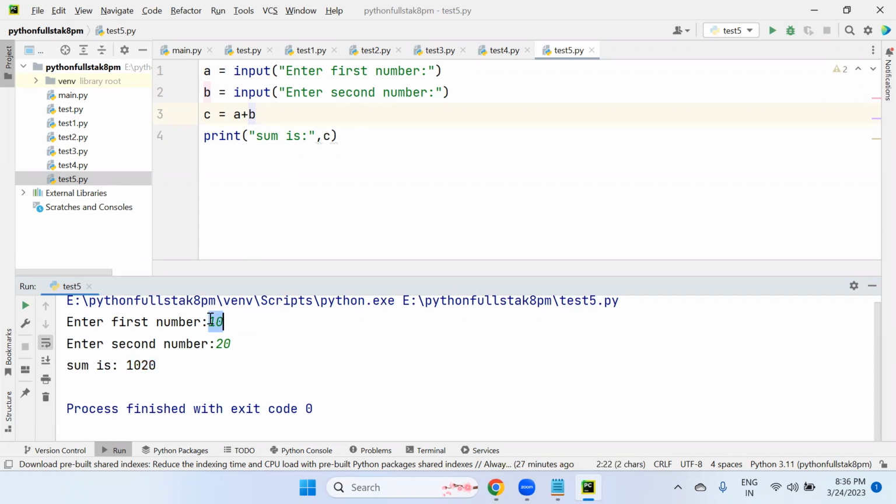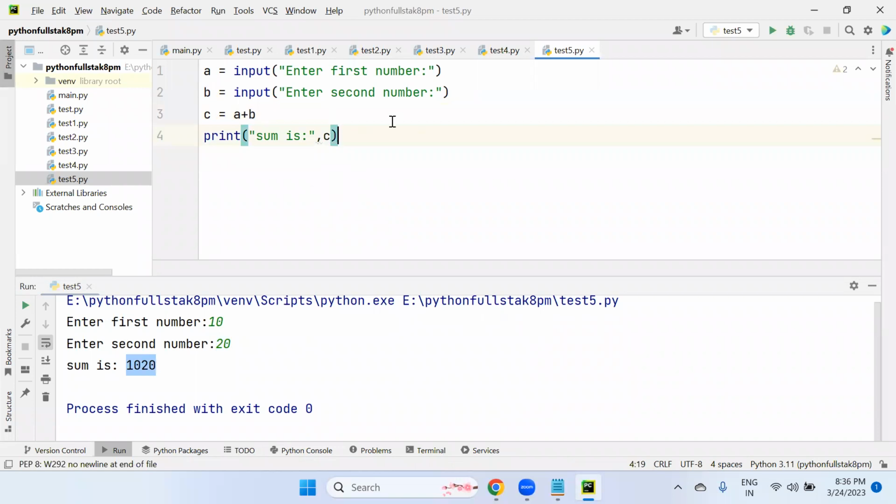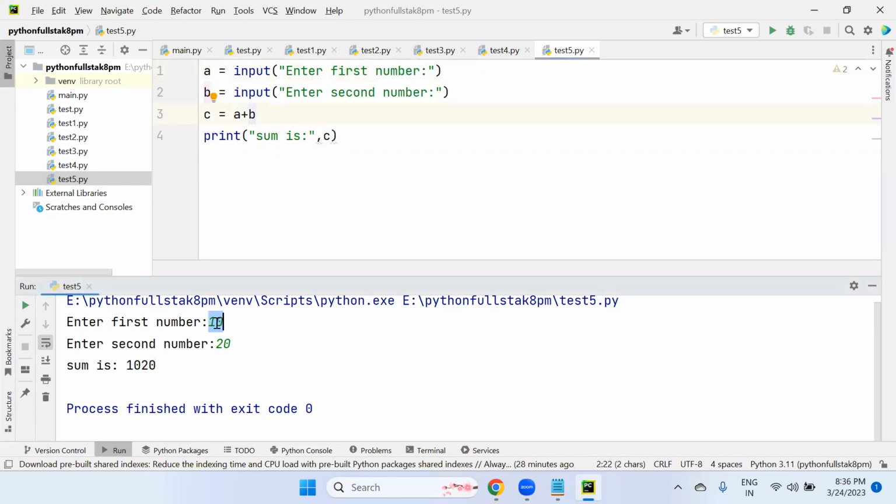When we enter the first number as 10 and the second number as 20, I included clearly the expression A plus B, 10 plus 20, 30. Yes, the plus operator is there. It is going to add two values. But how is it added? Just 10, 20 added here. What is happening here means the values, whatever input values we are providing at runtime, these numbers are also treated as what format by default? String. So this is very important.